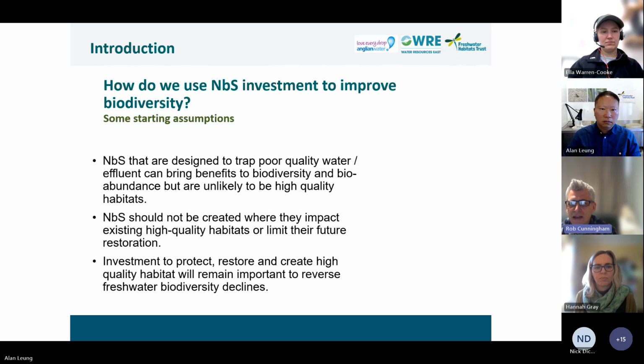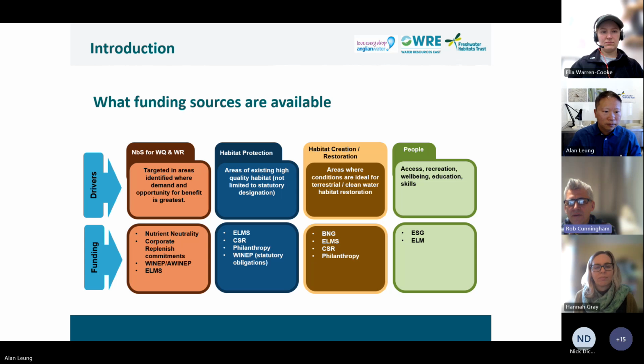We want to be really clear, and through our programme, thinking about where do we site these things and how do we site them to deliver the greatest possible benefits. So focusing in Norfolk, if we could have the next slide, Alan. So just thinking, and this is really a work in progress.